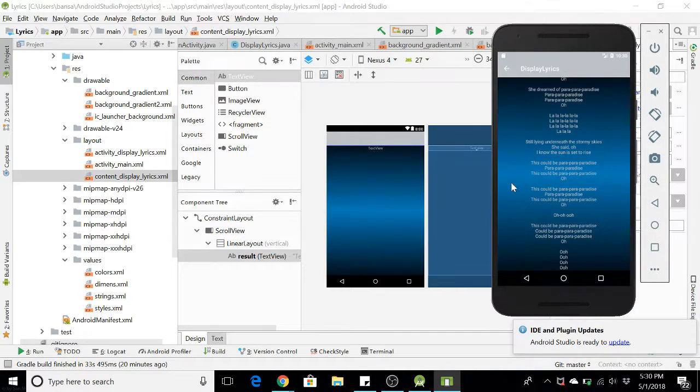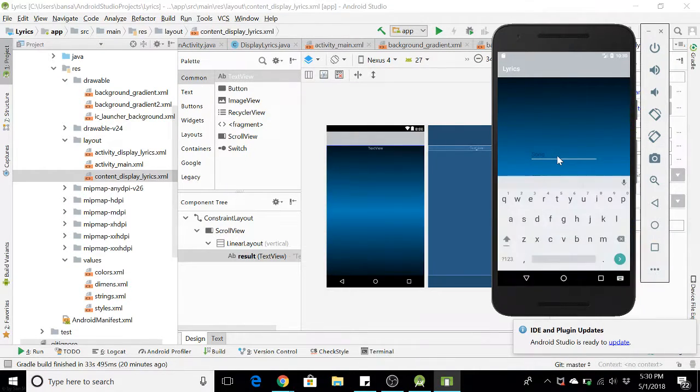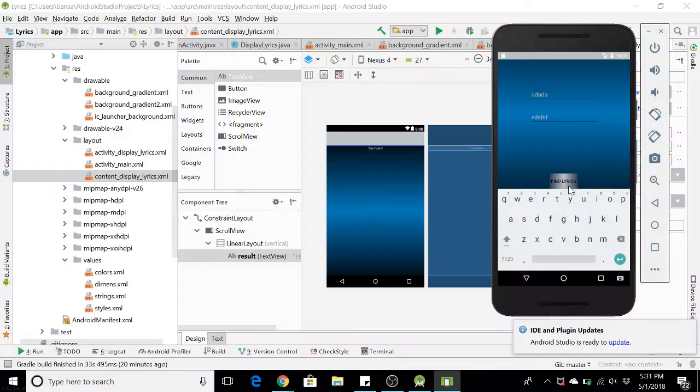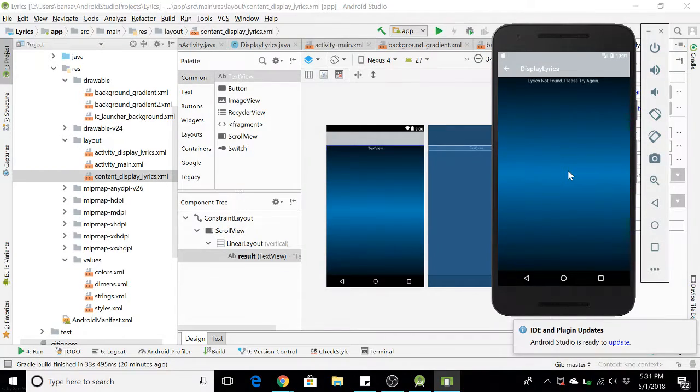It also goes to the next activity if you give an error message. Typing random letters like this and clicking the button, it actually goes to the next layout and gives the error message: lyrics not found, please try again.